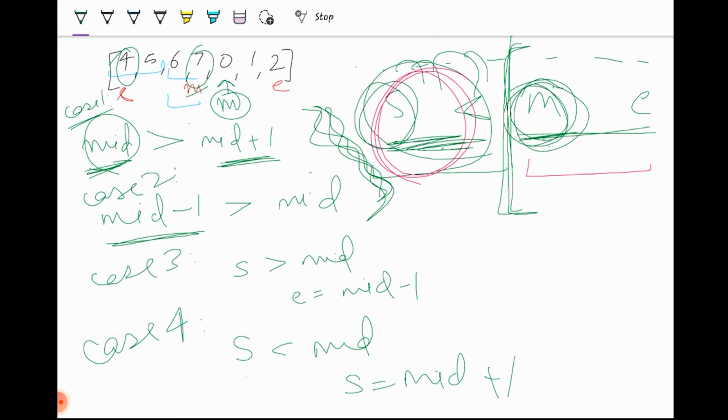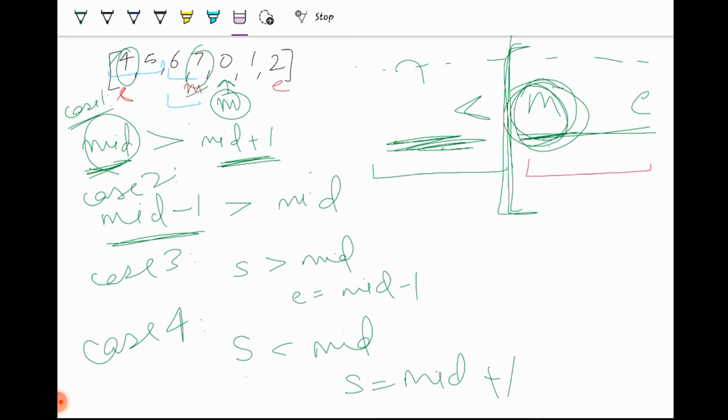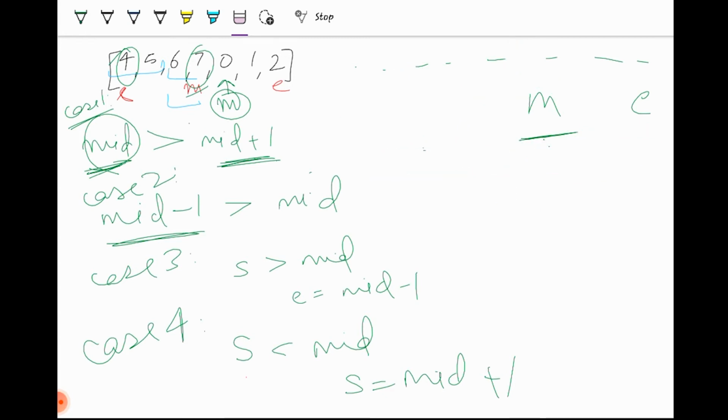Okay. And now coming to my point about why I am doing this with start, why am I not comparing end with mid? We can do that also. It's up to you. You can compare either start or end. There's no need to compare both. Okay, so I think this is clear. So let's first code it.